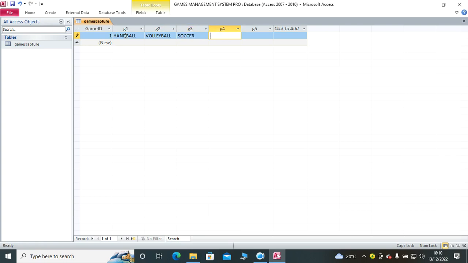Then you can also have lawn tennis, and you can also have table tennis. So that is the first table that we shall have. Then the next one, after having done that one,